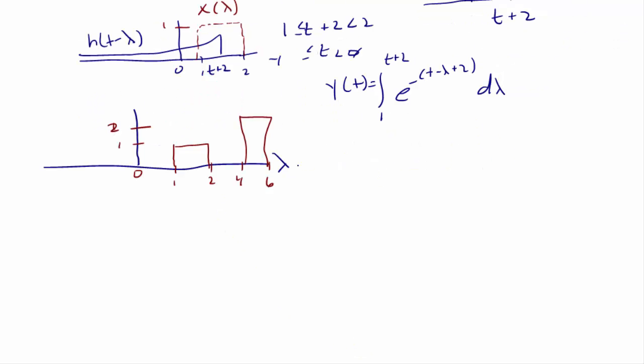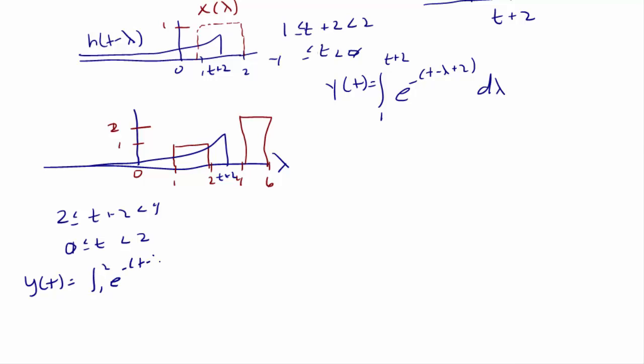Our next region is where t plus 2 is between 2 and 4, where it completely overlaps the first block but not the second one. So here's our sketch of h of t minus lambda. And here's t plus 2. So t plus 2 is between 2 and 4, or t is between 0 and 2. So y of t is equal to the integral from 1 to 2 of e to the negative t minus lambda